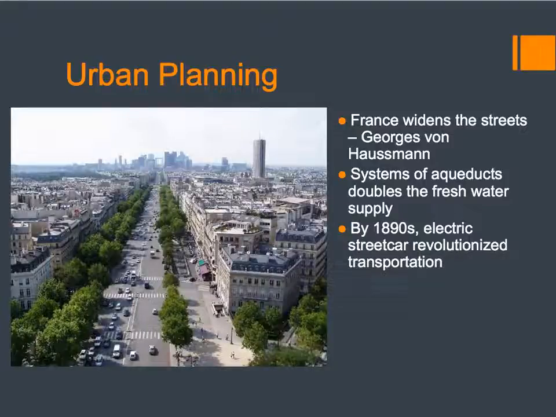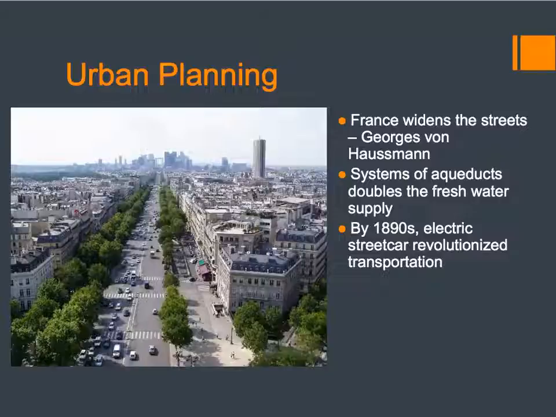And you saw a lot of things done to basically try and clean up the environment. The sanitary idea, which was Chadwick's big plan. So we talked about widening the streets. That had political reasons in Paris, but it also had reasons for making things a little cleaner. Aqueducts are put in to double the fresh water supply so people don't have to get water from the river where all the poop is and then they die of cholera and other such things.